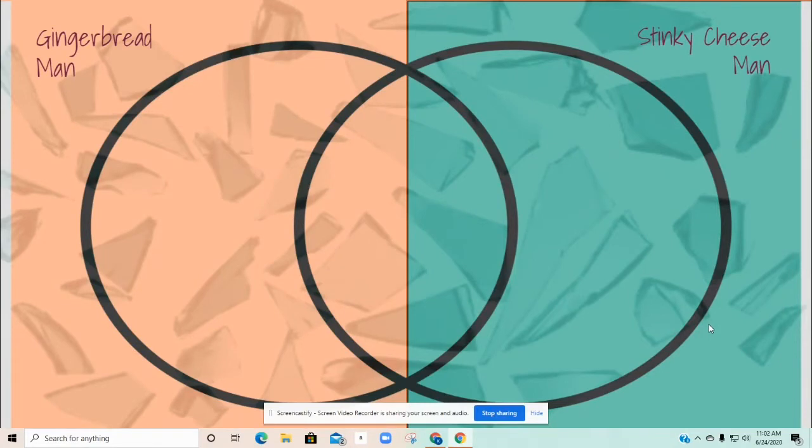Along the way, the gingerbread man runs into a cow. He runs into some children. He runs into a variety of animals and people. And each time he runs into them, he says, run, run, run as fast as you can. You can't catch me. I'm the gingerbread man. So he takes off down the road